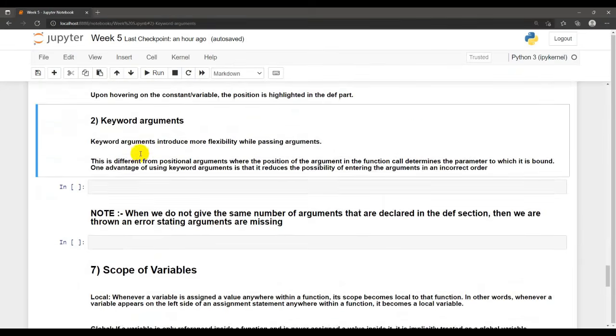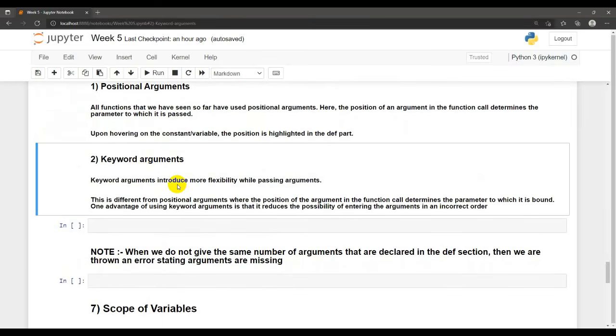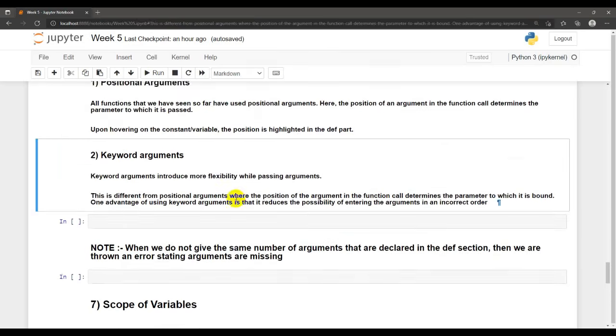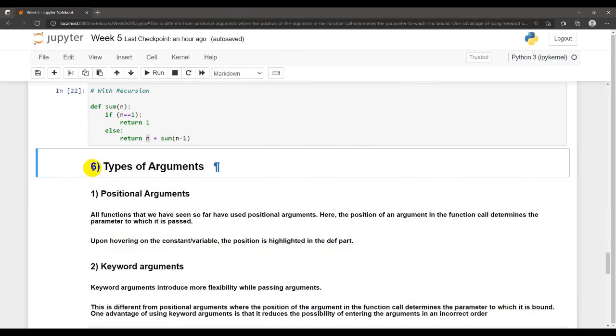The second type of argument is keyword arguments. The keyword arguments introduce more flexibility while passing arguments. This is different from positional arguments, where the position of argument in the function call determines the parameter to which it is bound. One advantage of using keyword arguments is that it reduces the possibility of entering the arguments in an incorrect order. This is just related to conceptual knowledge,